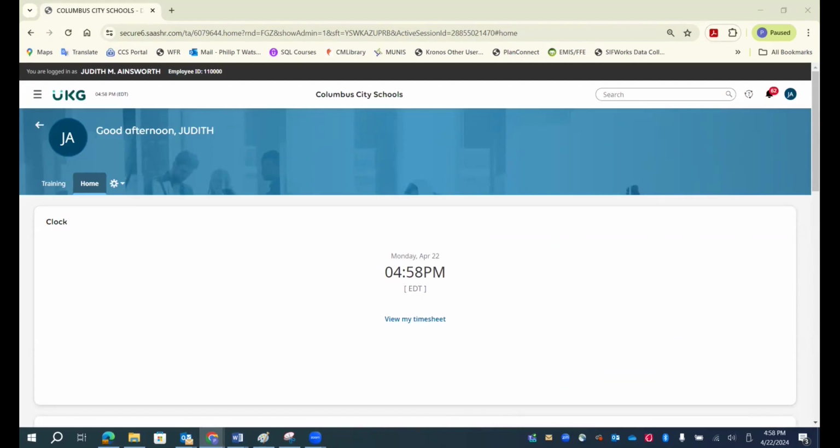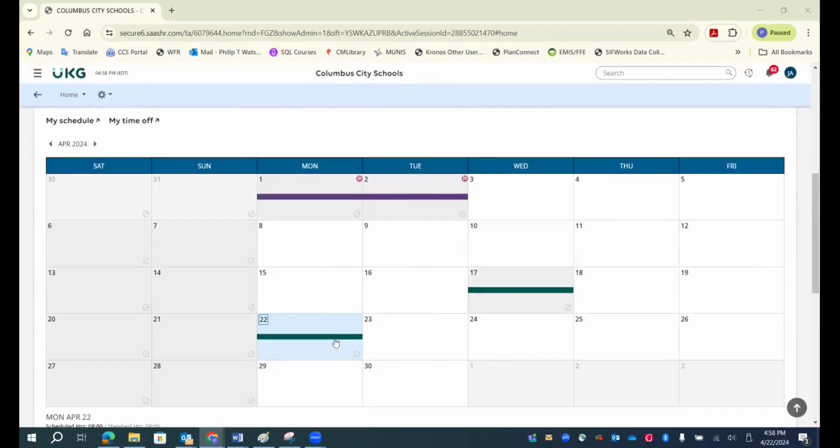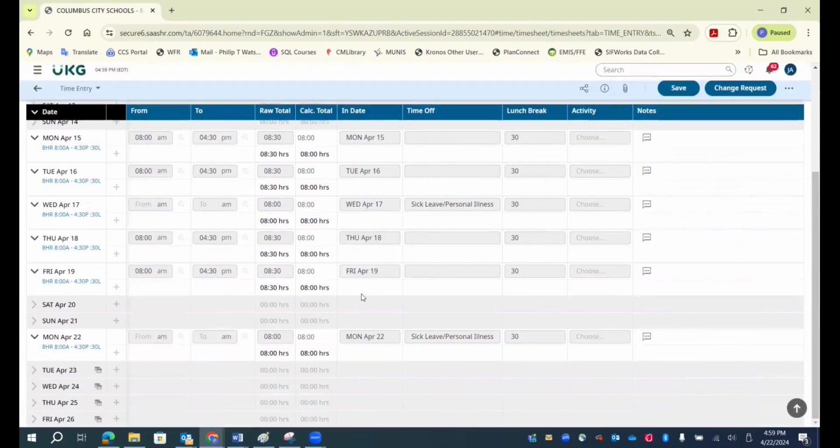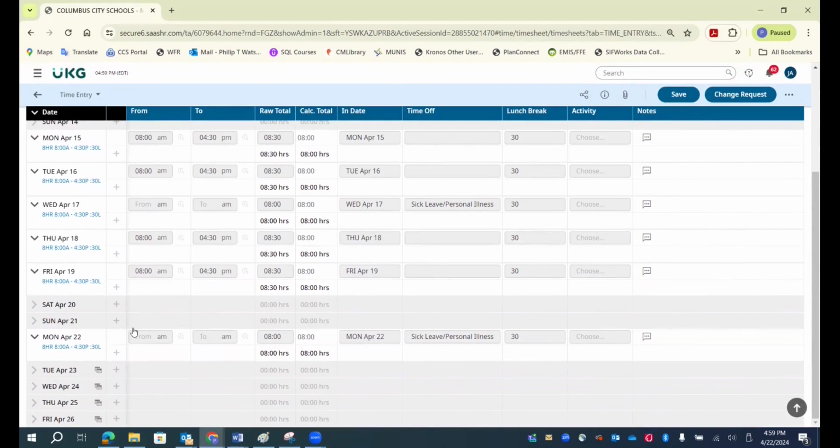When your Kronos timesheet approver approves your time off request, you'll receive an email notifying you. After you log into Kronos, you'll also see that in your time off calendar the dotted line around the request is now changed to a solid block. Finally, if you log into your timesheet and look at the selected day, you'll see that the time off has